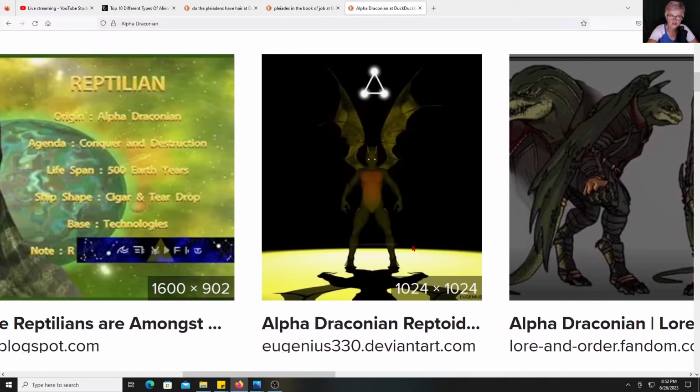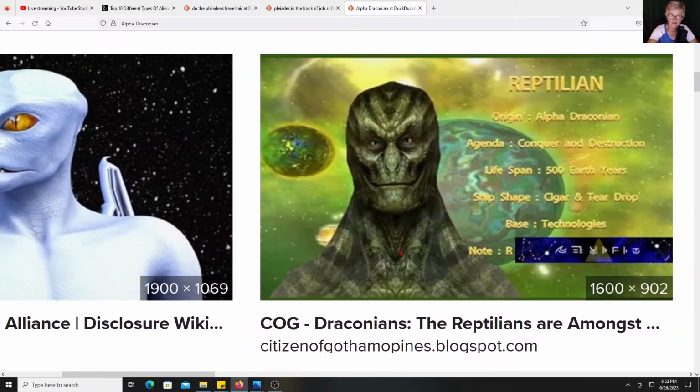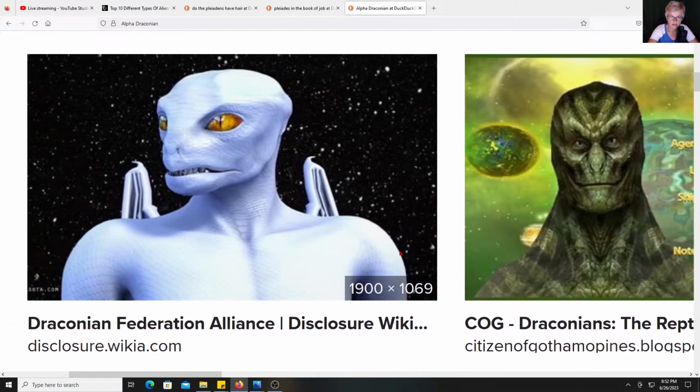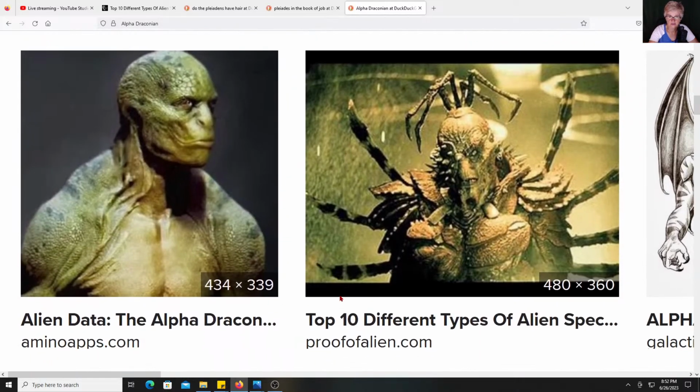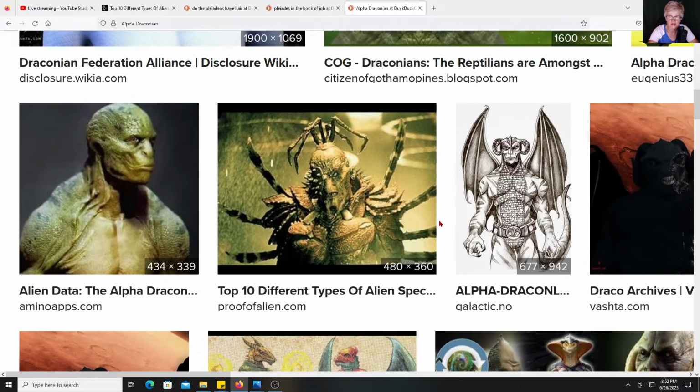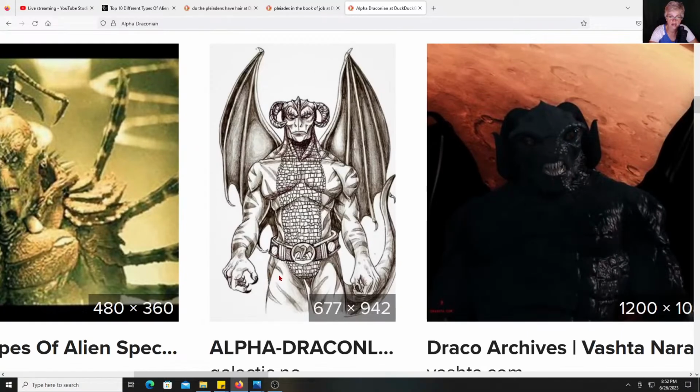See, there's all different depictions of what they may look like. Am I supposed to believe that this is a good draconian with the Federation? See, that's right there. It's creepy. That bug, and I wouldn't want nothing. This looks like, you know who that looks like. That looks like,